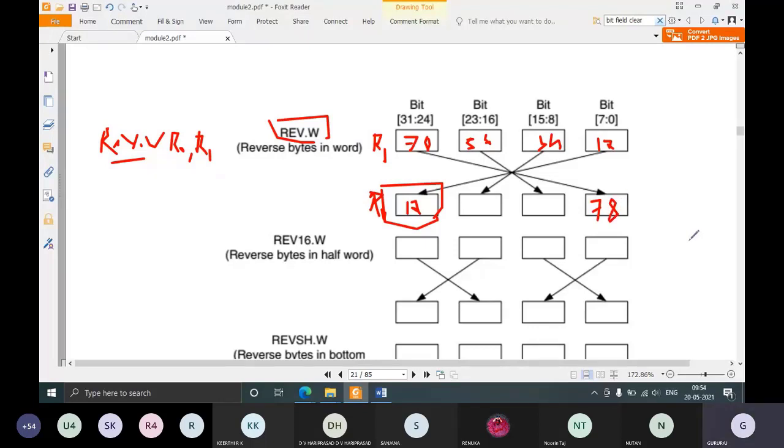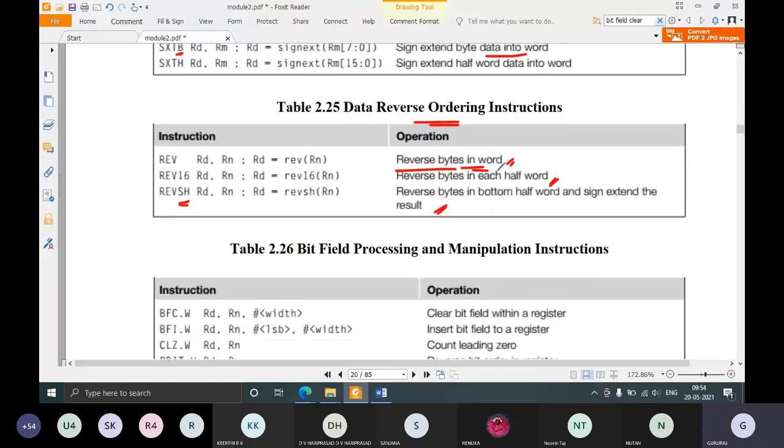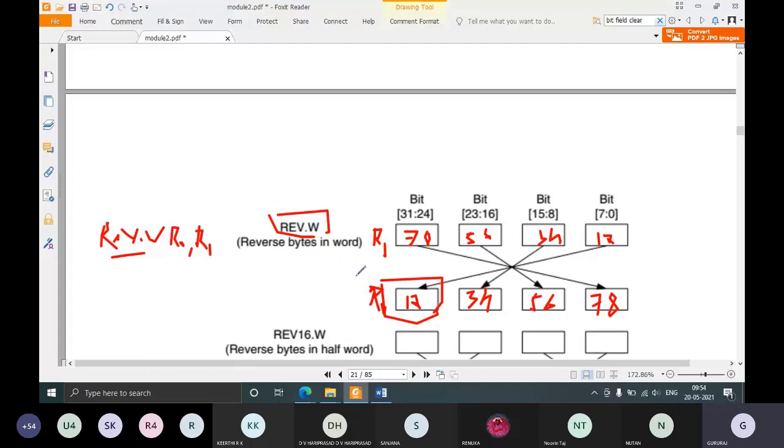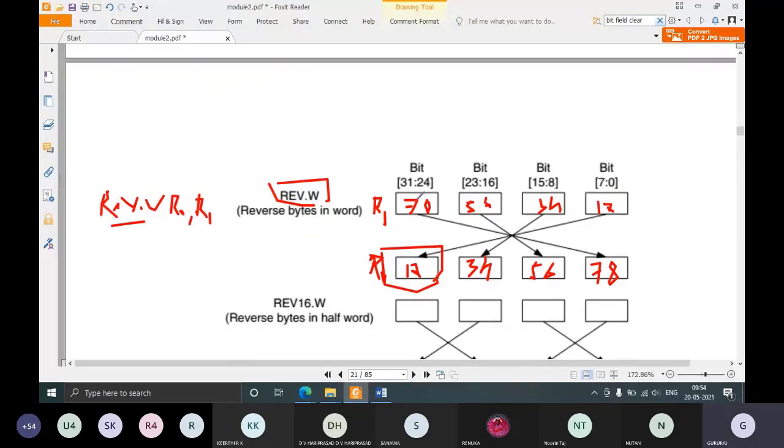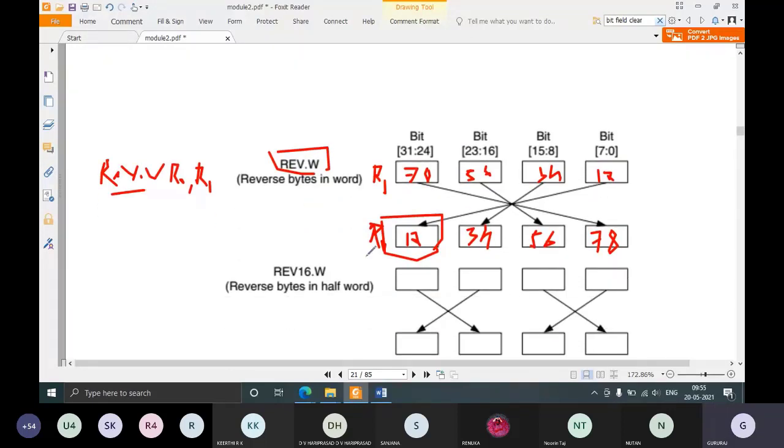The byte 34 will come to this byte, and 56 will come to this byte. This is reversing the bytes in the word. After reversing, R0 will have this value, because the instruction is REV.W R0, R1.